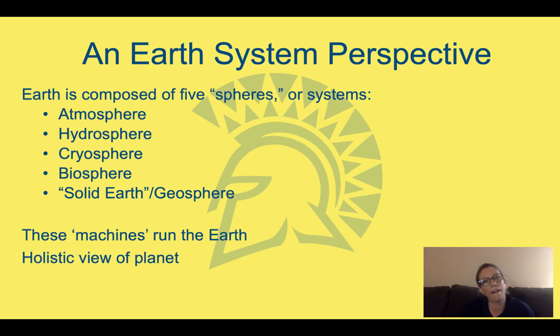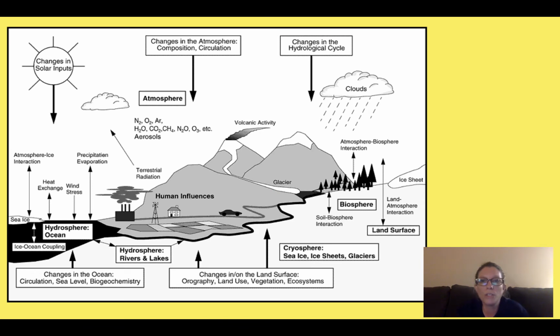Now, when we're looking at the planet and we're looking at the carbon cycle, we're looking at many different things, and if you want to take a holistic view of the planet, then we're going to need to keep all 5 of these spheres in mind when we're talking about it. So these are basically our 5 spheres here. We have the hydrosphere, the cryosphere, the geosphere here, the atmosphere, and